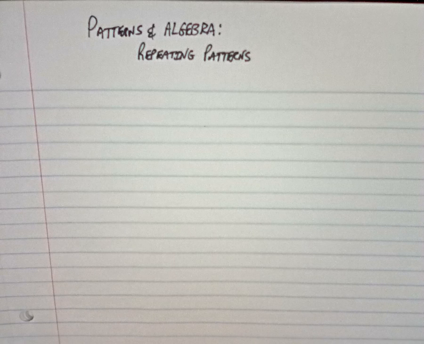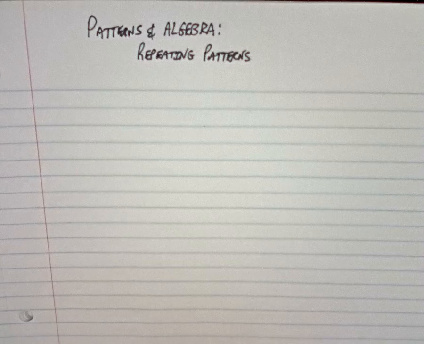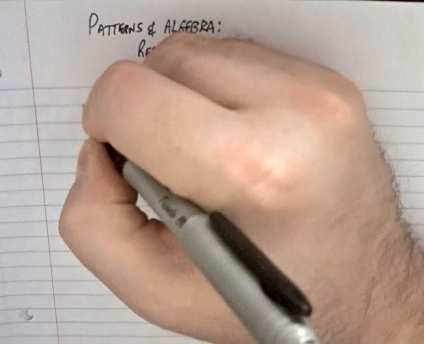Today what we are going to be doing is looking at patterns in algebra, and we're going to be specifically focusing on repeating patterns. Now, as you know with patterns, they always have a core. Patterns can also have attributes being color, size, shape, or orientation. Orientation meaning which way they are placed. So triangle could be up, triangle could be down. For example, if I do this,